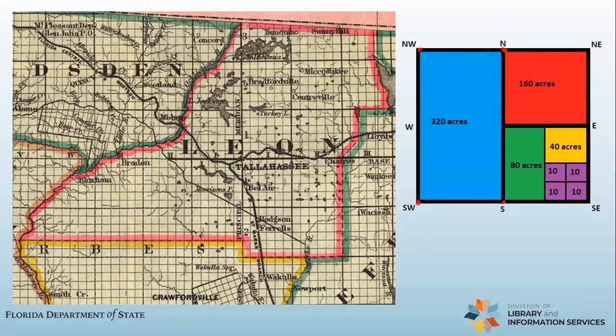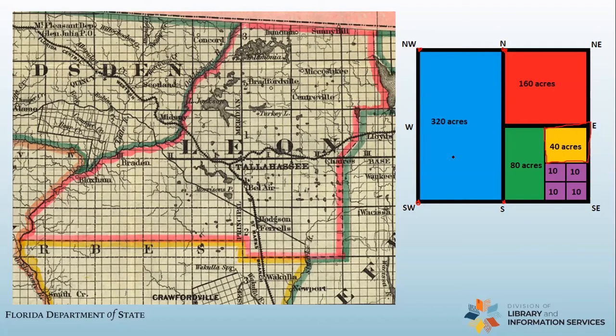So it's a very predictable system, and you didn't have to have a whole lot of training to measure this out, because all of the lines in between these four red dots that I just put on here are going to be the same no matter which section you're in anywhere in the entire state of Florida. So you could buy 320 acres if you're a rich high roller and you're going to buy a bunch of land to maybe build a plantation. Or maybe you're just a small freehold farmer buying a small piece of land for a farm for yourself and your immediate family. That's going to be the much more common 40-acre block, which is a quarter of a section.